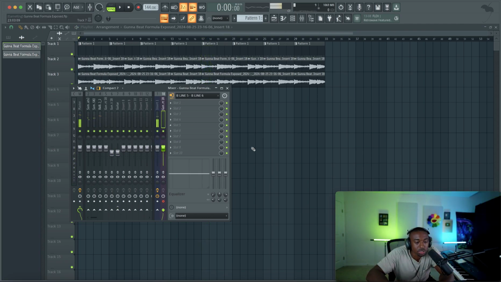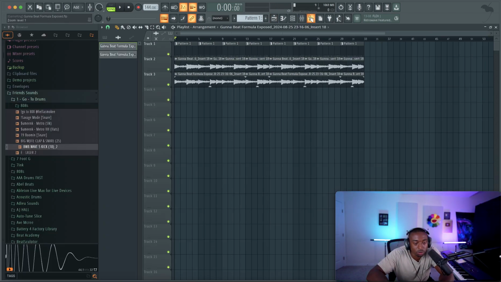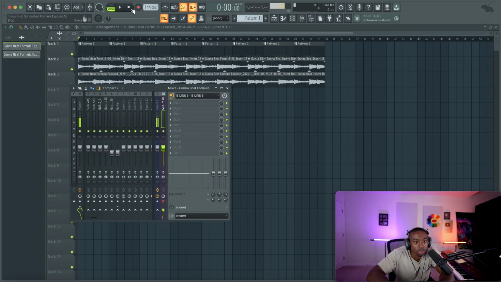I want that sawtooth sound because we could add a lot of modulation to it, like filters and stuff. So let's just record that in.